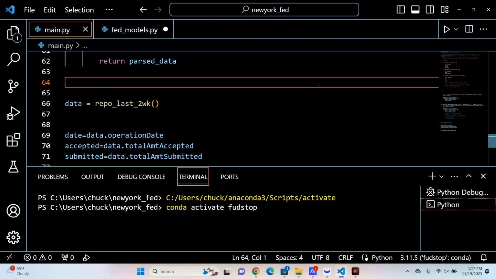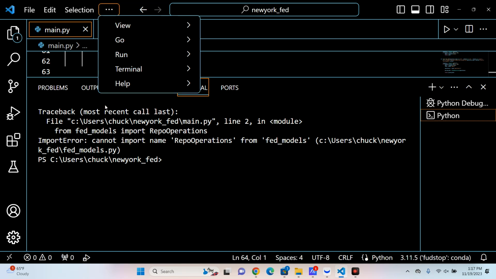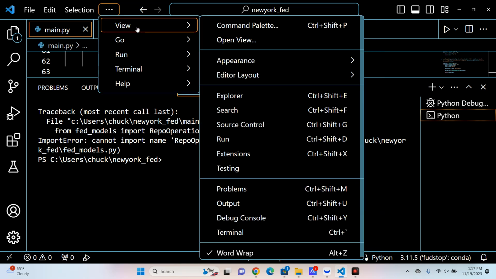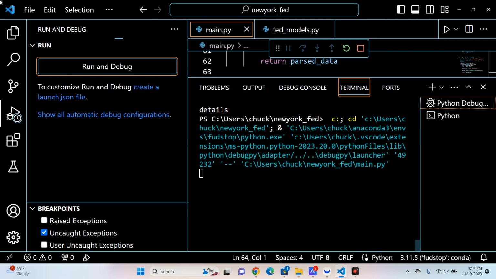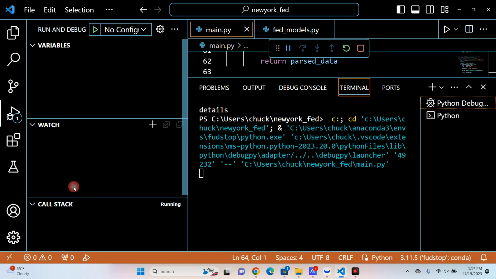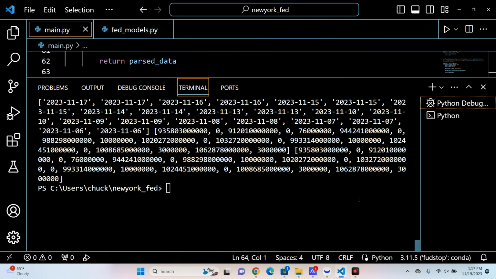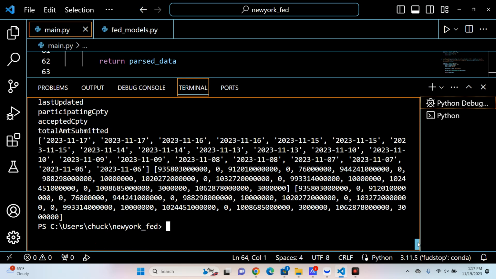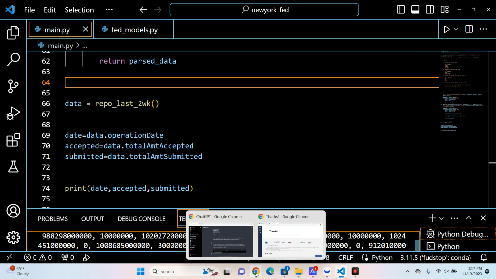Run this real quick. See what we get back. Oh, you know what? I didn't save it. There we go. And now we get our data. So now you can see that this is all the data in these lists that correspond to the data attributes we just printed out. But to make this even better, what we're going to do is we're going to go back here and say,